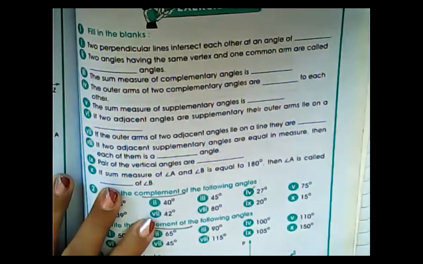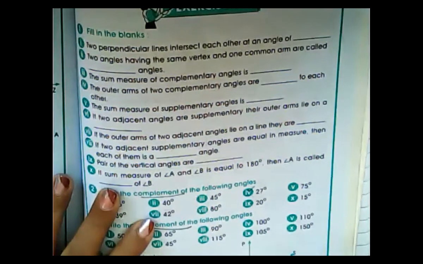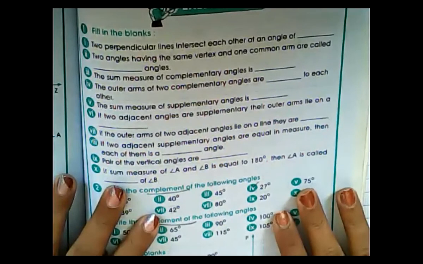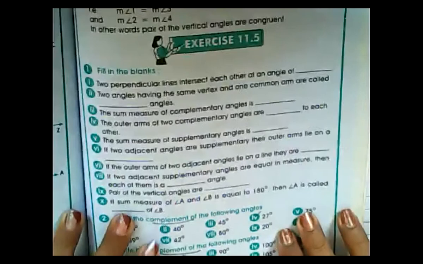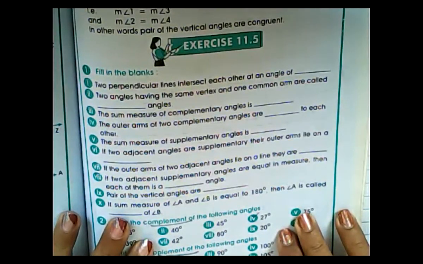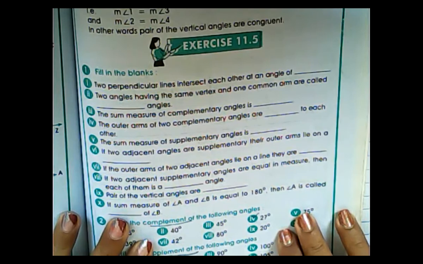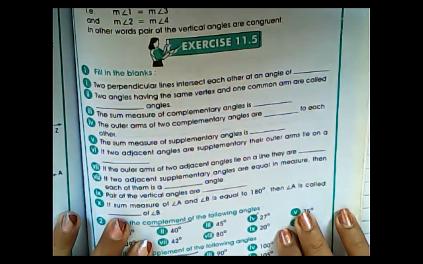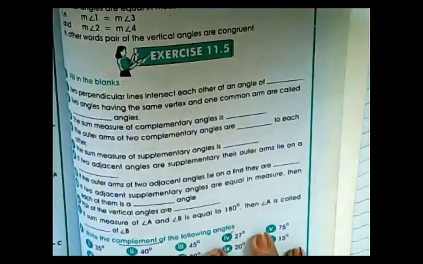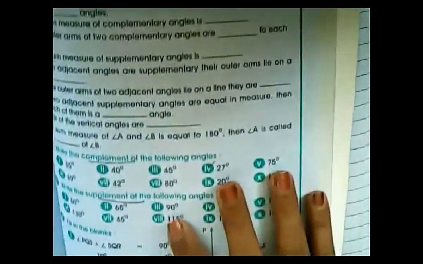A little bit blur, obviously it is due to internet or some other issues, but I hope you can understand what is written inside the book. Page number 161, exercise number 11.5, page number 161. Okay, should I start? Okay, now let's start. It's clear now, no? Yes, it will clear after some time due to internet connection, you know.